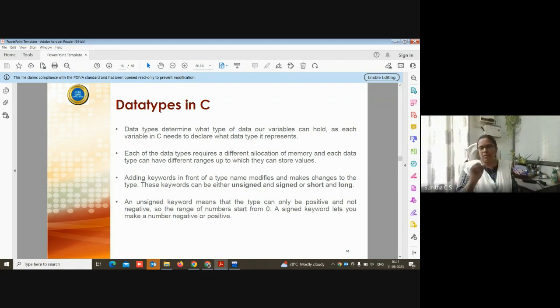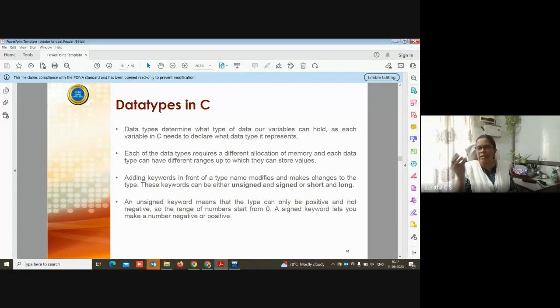If I give int A, that means A is the name of the variable and A can hold any integer values. It cannot hold decimal values, characters, or Boolean values. This is what we mean by data type.